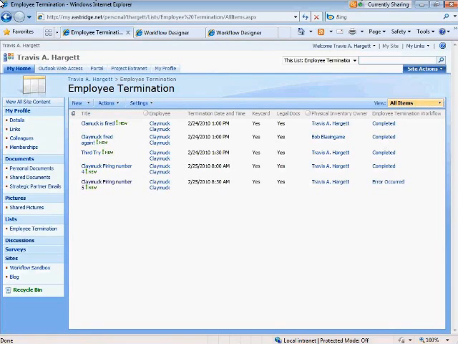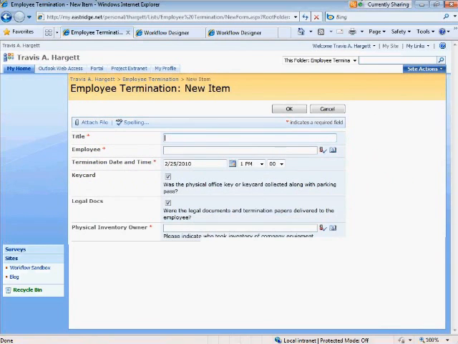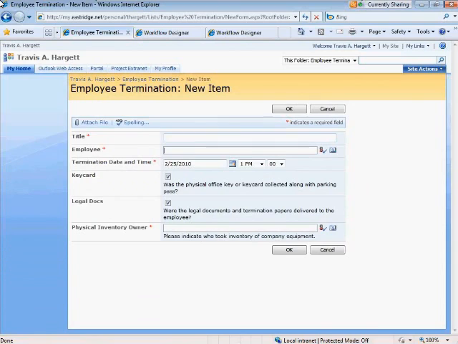And a lot of you are probably familiar with what a SharePoint list is. If I come in and click New, it's simply going to ask me, there's some required fields around what am I calling this, who's the employee, and it's going to be somebody from Active Directory. We can check on that. So if I did Eastridge Claymuck,